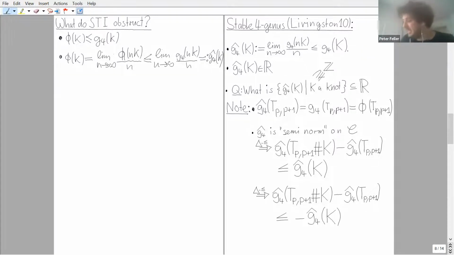That being said, this is still not optimal. This is not really what the slice-torus invariants are a lower bound for. And so now I'm going to tell you what's really up. And here is a small calculation. So slice-torus invariants are additive. So I might as well add and then again subtract